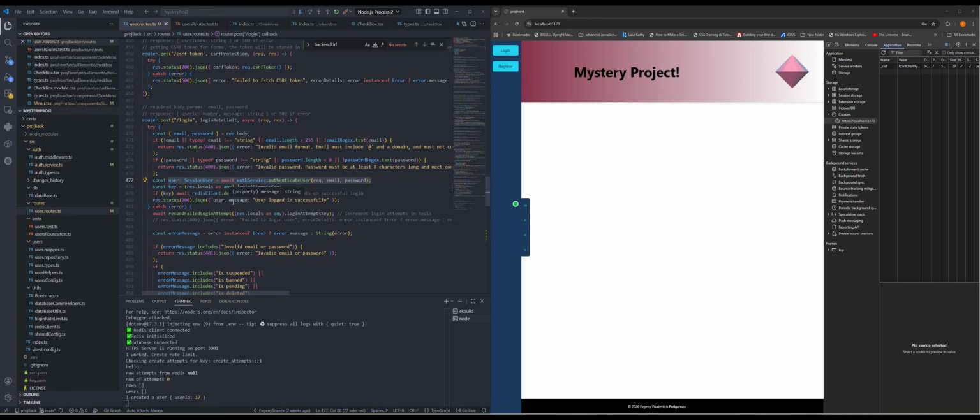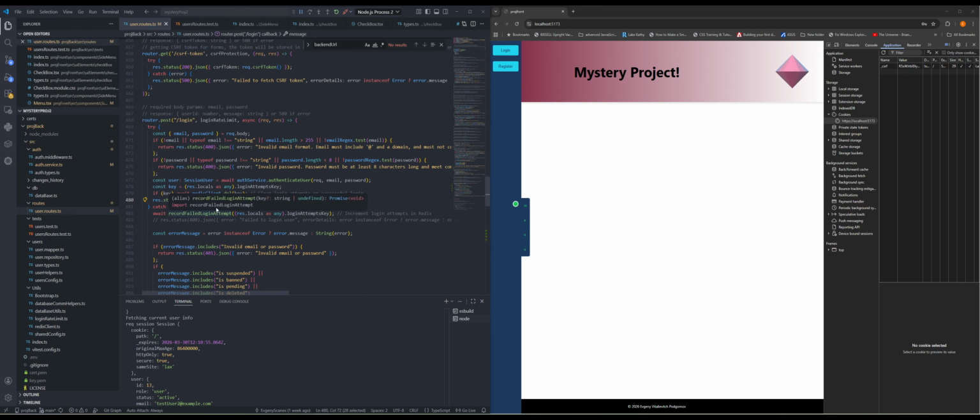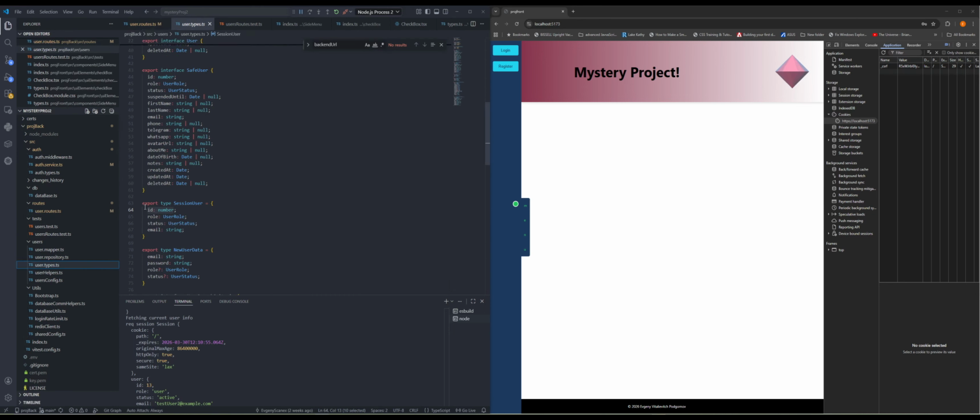Wait a second. Why session user? It's not session user. I'm explaining the wrong thing right now. User loaded successfully. User, yeah, it is session user. But if we look at the types, session user only has this. ID, role, status, email, which is wrong. No, that's right. That's ID. The most important for us is to get this ID